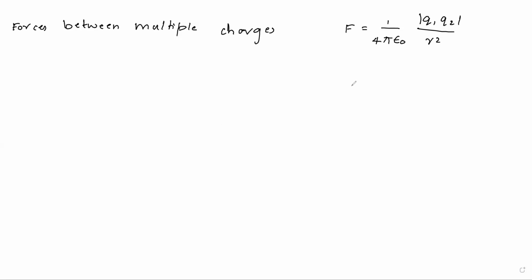In Coulomb's law, we considered only 2 point charges, that is q1 and q2, and studied the force acting between q1 and q2 when we consider these two charges as positive. When these two charges are positive, we have learned that like charges repel each other. So when we consider two positive point charges, we saw the repulsive force between them.